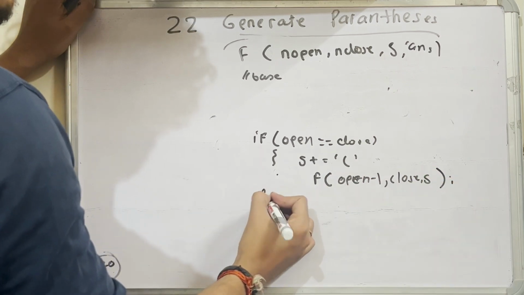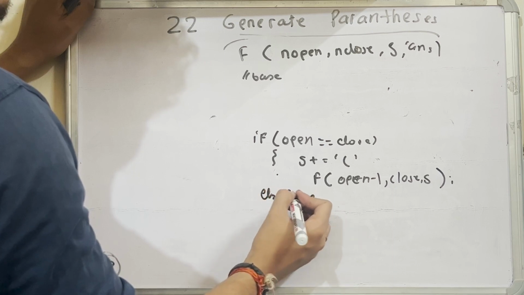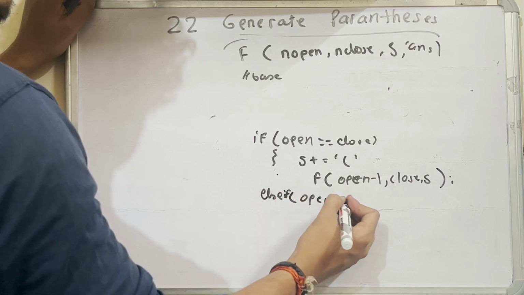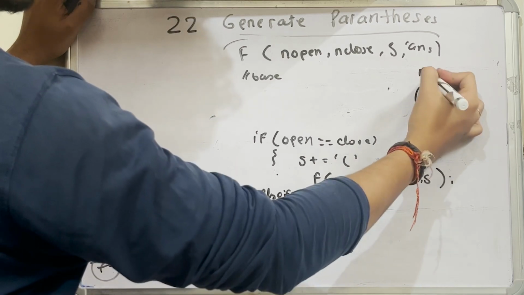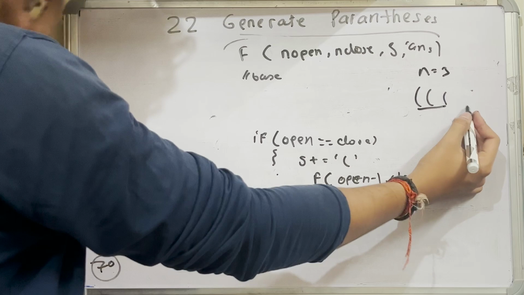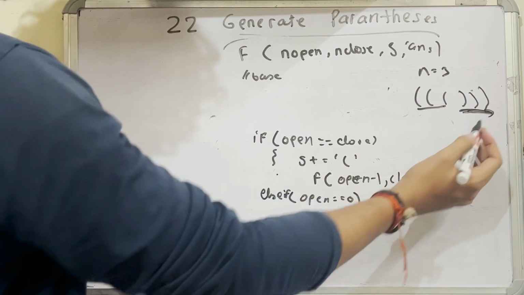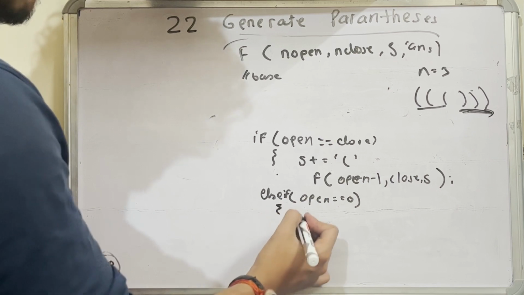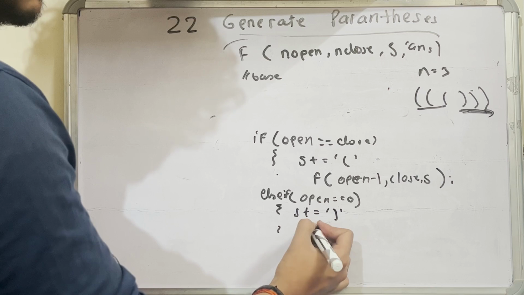And the other case will be if your opening bracket reaches 0. As I told, if you exhausted all the opening brackets, then you have to just add the closing brackets. There is no other possibility. So you just simply add a closing bracket. You call the recursive function,